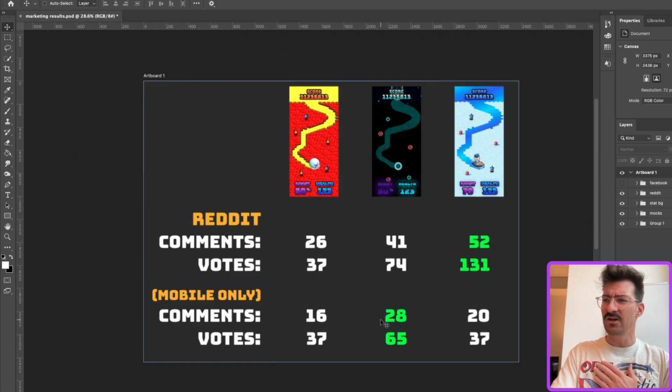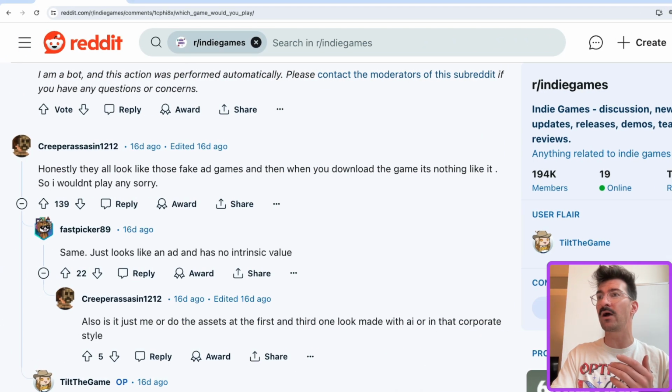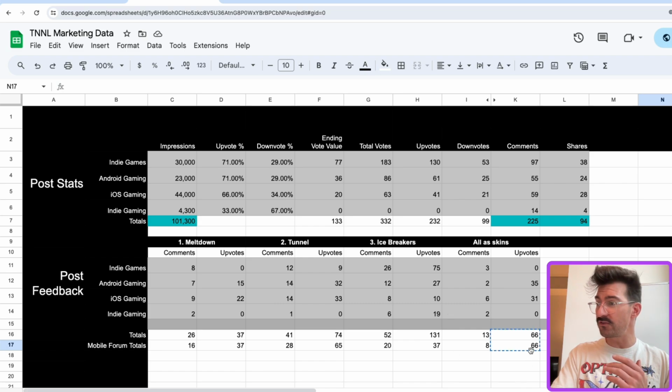You can see we've got 28 comments. Tunnel is our leader here: 28 comments, 65 upvotes, followed by Icebreakers with 20 and 37, and then Meltdown coming in third again with 16 and 37. And one other really interesting thing we want to point out here is the call for multiple skins. Again, strictly from that mobile community.